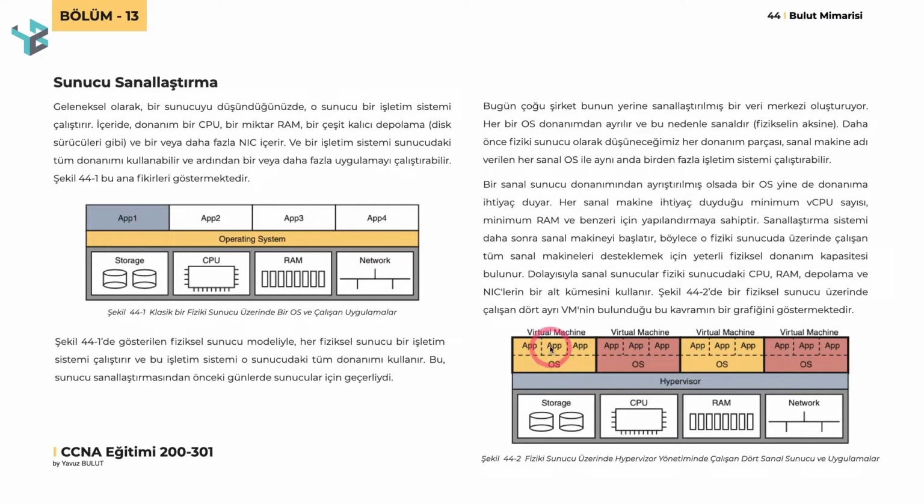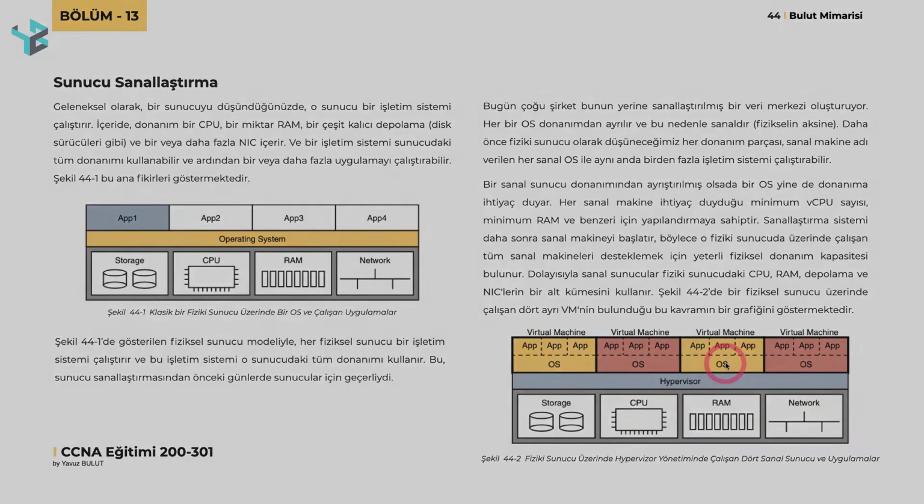After creating virtual machines, we can install different applications on these virtual machines. First we install a hypervisor software on our physical server, and then we can create virtual machines by installing different operating systems through this hypervisor software. Here we have only one operating system on our physical server. By installing hypervisor software on the physical server here, we can use it by creating different virtual machines and installing operating systems. Now, I would like to show the VMware ESXi hypervisor interface that we have installed on this server and briefly explain how we create virtual machines and install operating systems on VMware ESXi.